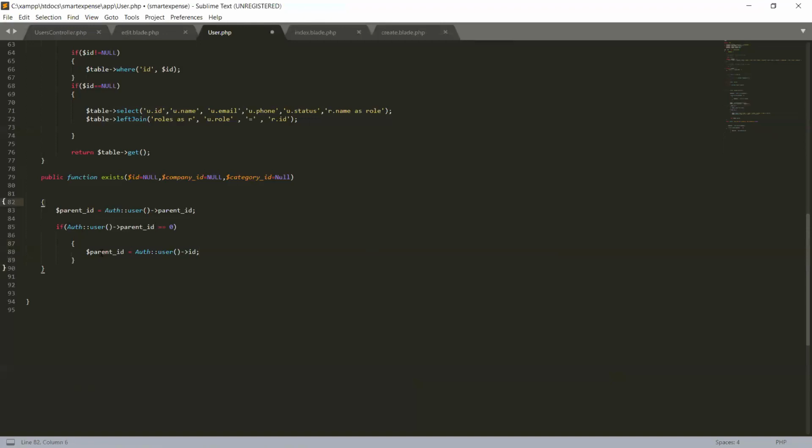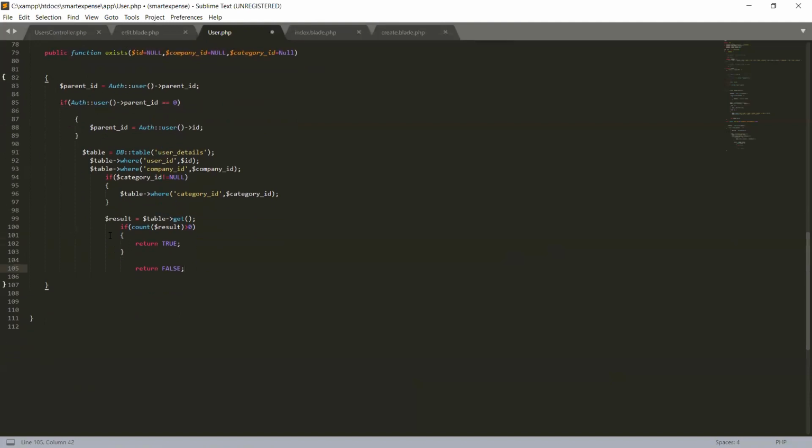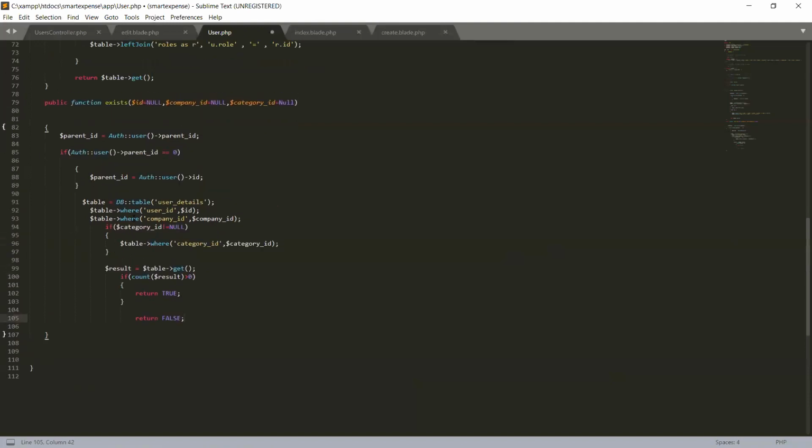So this is the angle bracket here, and this, okay. I pasted some code.